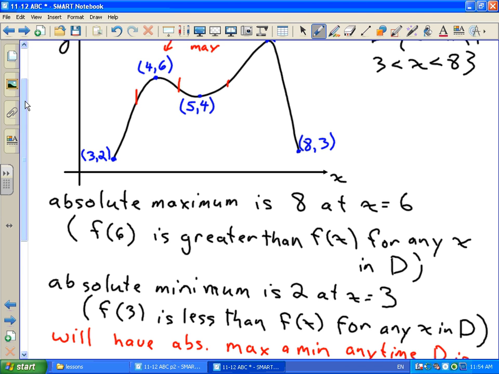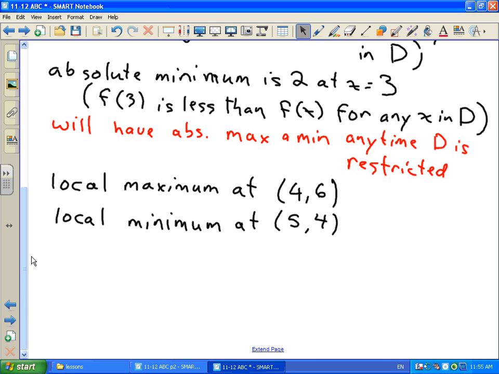My way of thinking about this is that your endpoints cannot be local max or min, because we don't know what this thing would be doing on the other side here. So your endpoints can be absolute maximum or minimum, but they can't be local maximum or minimum. And this makes more sense as we go on when we look at functions where we haven't restricted the domain. But I'm just going to write that as a rule